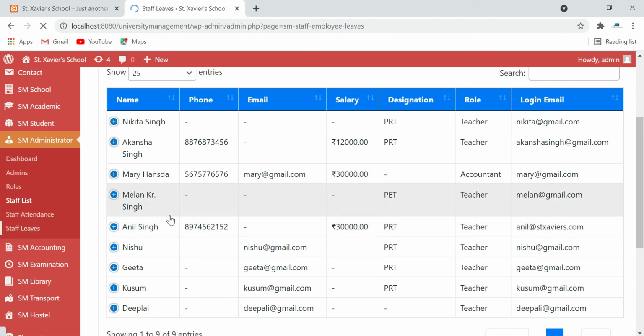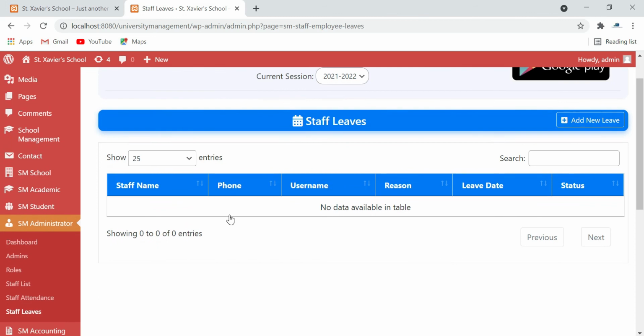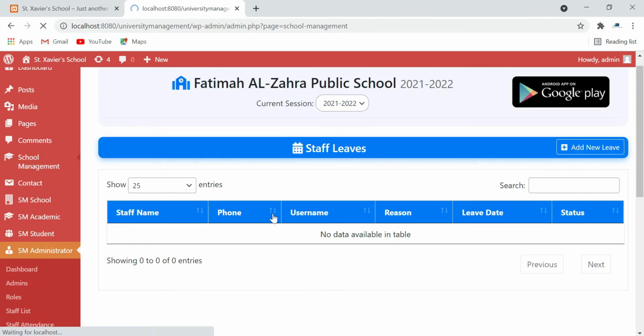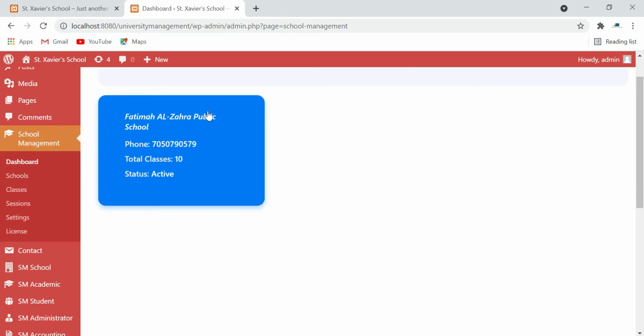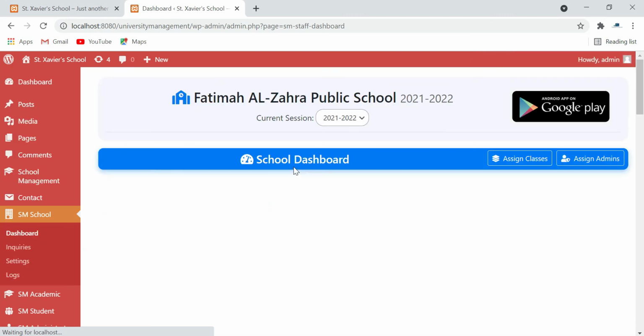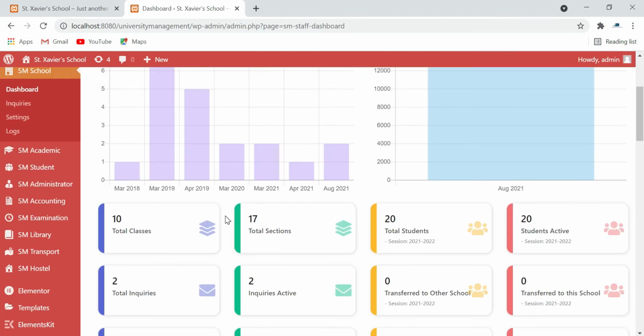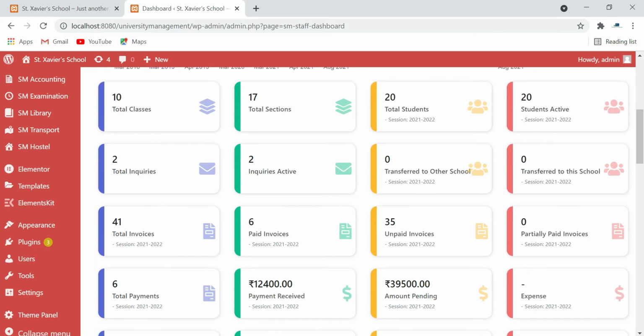Here he or she can accept or reject the staff leave. Here he or she can track and manage all the school list. Like in this section, only one school is running. If he or she wants, then she can add as many more schools or branches, and individually she can view the school details like monthly enrollment, monthly fee payment, total number of classes related to this school,